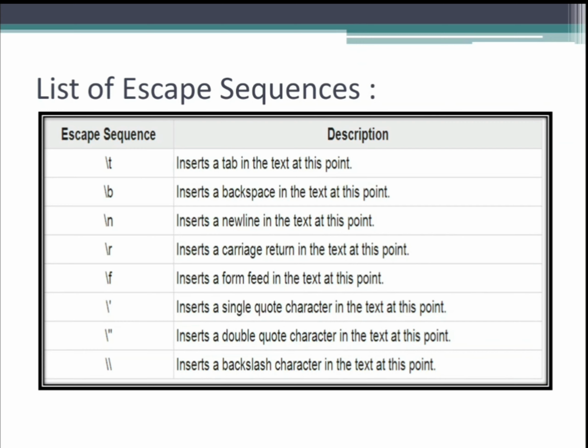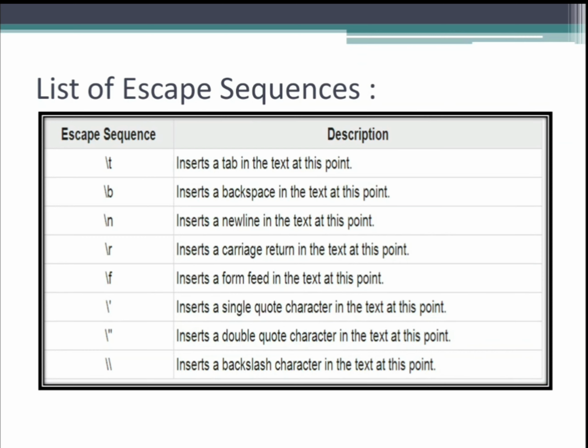And then we have form feed. The same role, it is attached with the printer. Form feed forces the printer to eject the current page and to continue printing at the top of another one. It is in our printer format. That's why you are not supposed to use it in our programming. What you have to remember are the first 3 and the last 3.